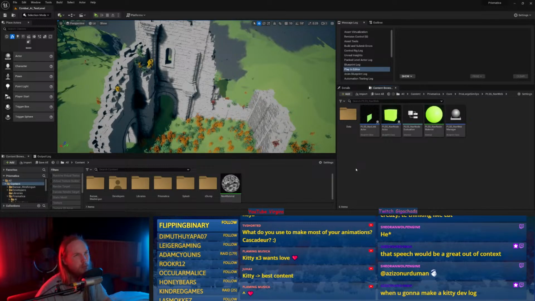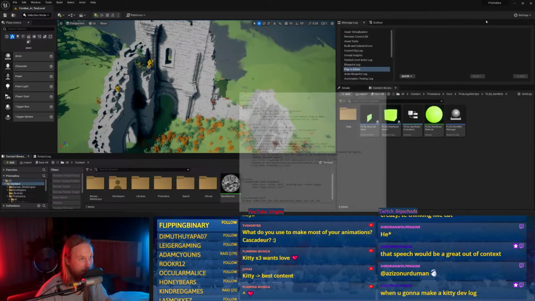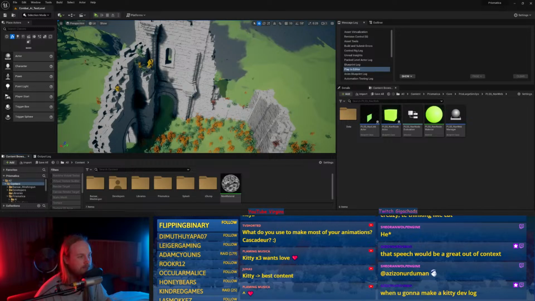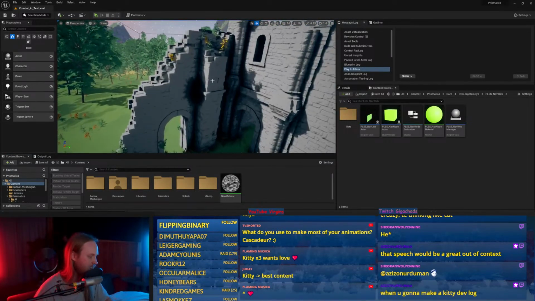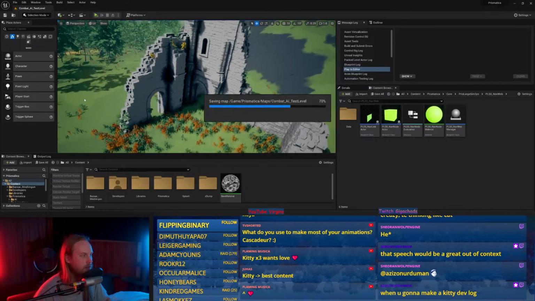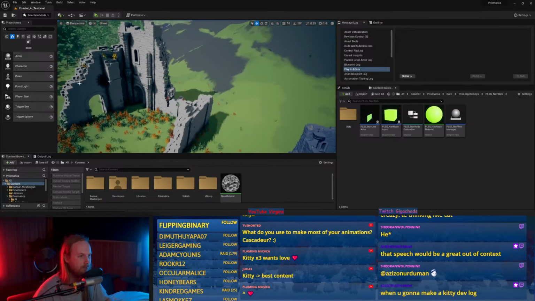I don't want to call it PISS. It doesn't fit well enough, you know? Prismatica inertial spatial shifter. It's very forced. I think I will do the Prismatica inertial movement system, PIMS.